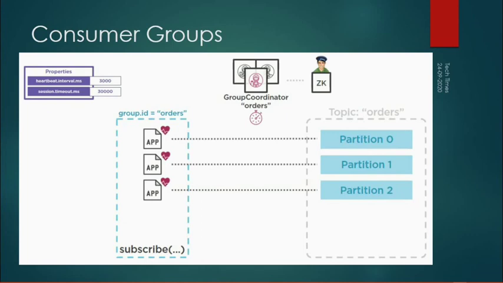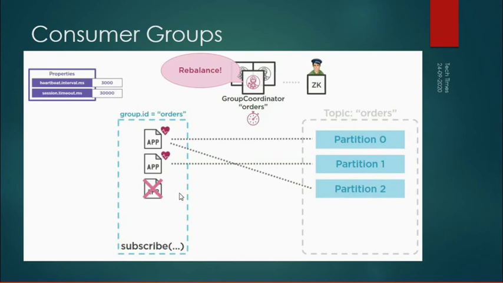What if one consumer fails in that group? In that case, a rebalance will occur, and in the rebalancing, the partition will get assigned to one of the remaining consumers. Now you can see one consumer has failed, and one consumer from that group now has two partitions. It is consuming data from two partitions. This is entirely managed by the group coordinator, that is, Zookeeper manages all these things.